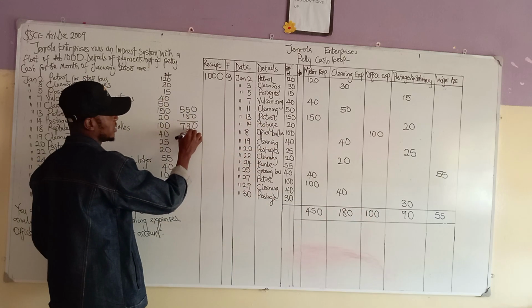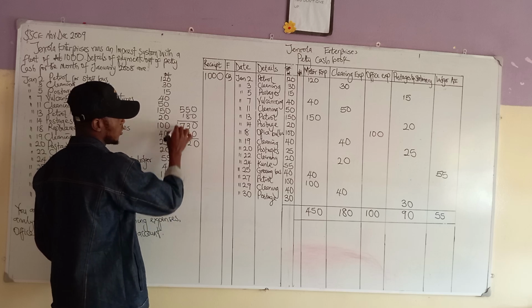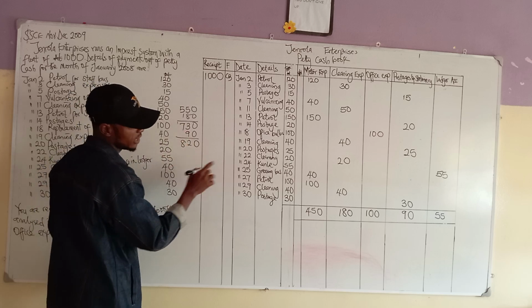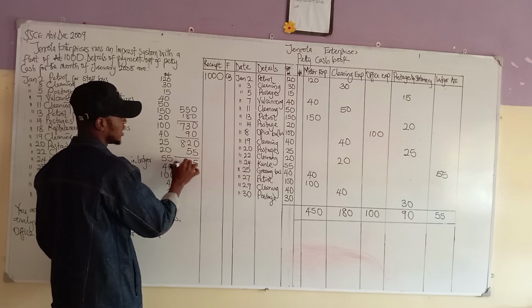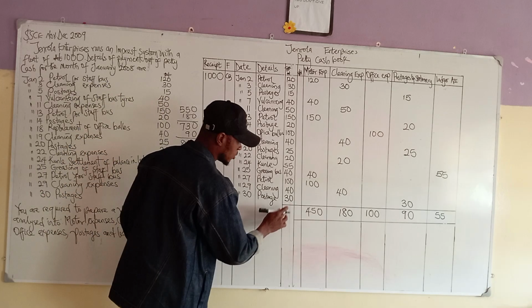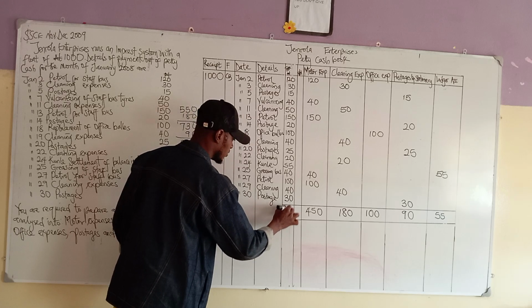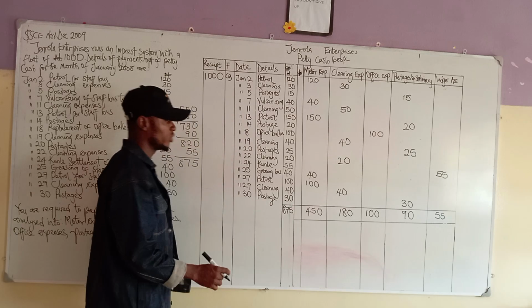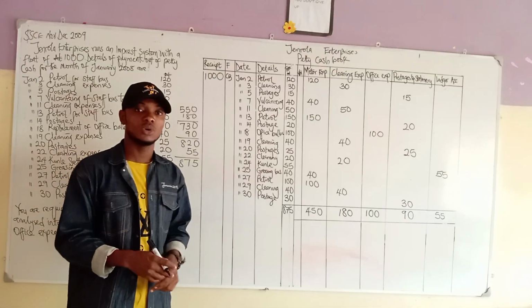So we have 90 naira, then 55. This will give me 875. So my total expenses is what? 875 naira. Meaning that we spent under the amount of cash flow that was given to us for the month